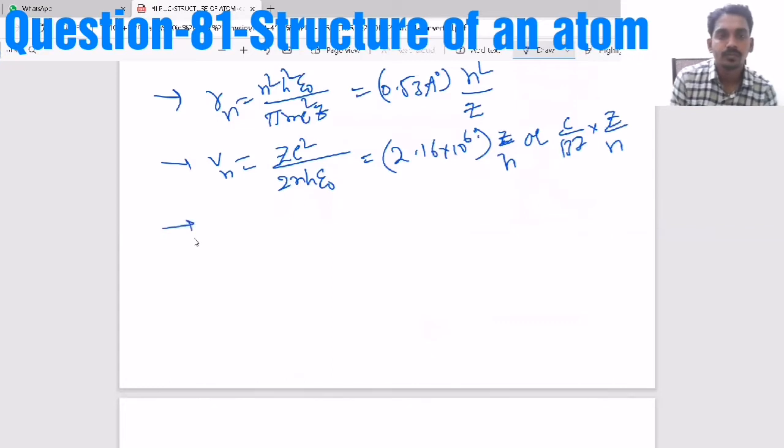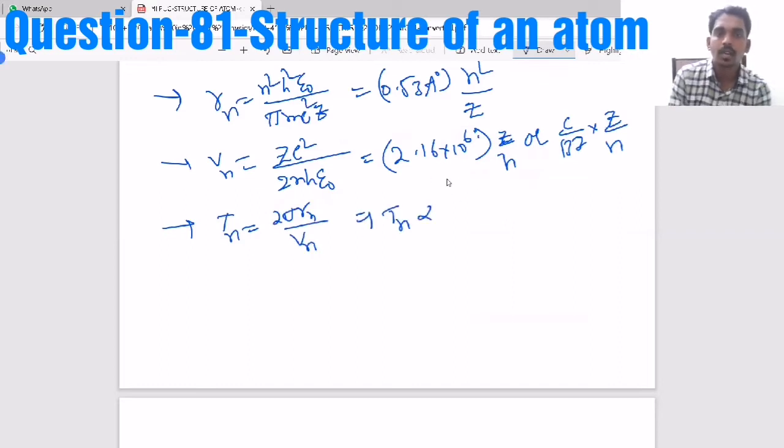Now T_n equals 2 pi r_n by v_n, so T_n is proportional to r_n by v_n, so n cubed by Z squared. And the energy of the nth orbit, E_n equals